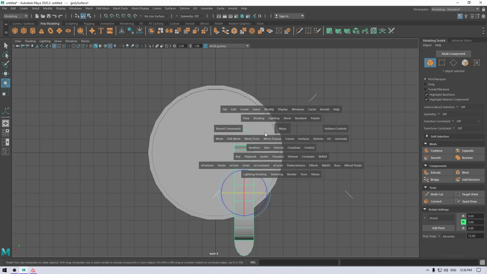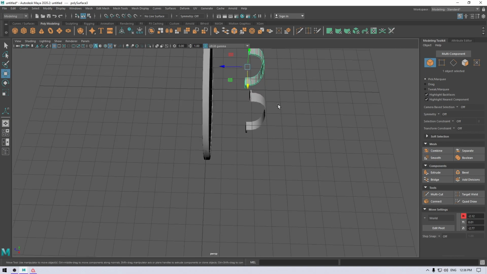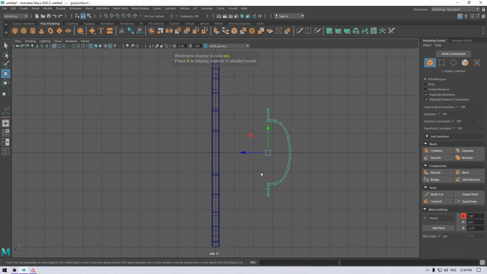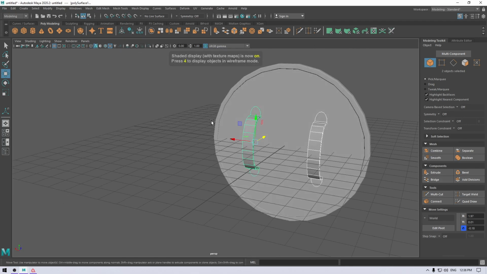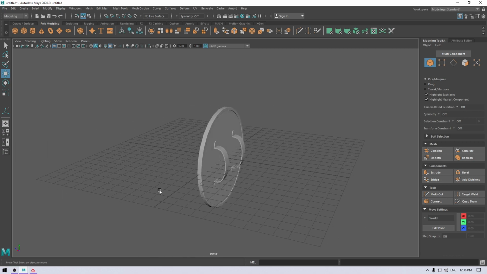Go to the back view, scale it down and place it like this here. Duplicate it and place it like here. Select both of them, go to the right view, press 4 to wireframe. Now our shield modeling is completed.